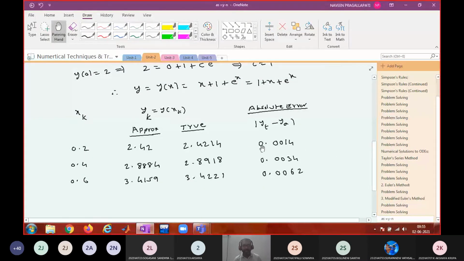But generally you won't be asked to compare. I just wrote this only from the GATE examination point of view. In the GATE examination, sometimes you may be asked to find such values. It can be absolute error, or they may ask to find relative error, or the percentage error. You know the formula, right? Relative error means absolute error divided by modulus of y true value. Percentage error means relative error into 100%. Is that okay? So read the problem carefully, understand what is asked, and use the appropriate formula.